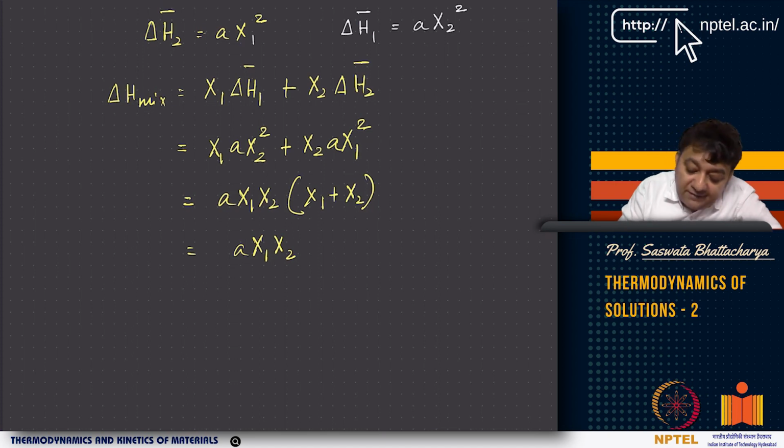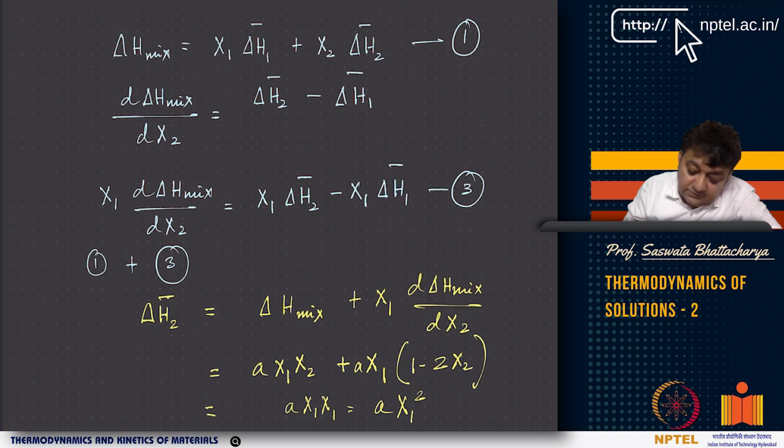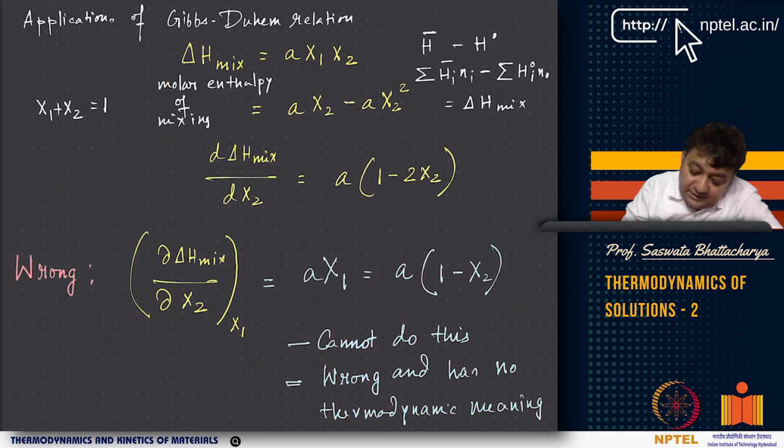Okay, so if you have that, then you have eliminated, right? So you got this. So basically, as you can see here, delta H2 bar minus delta H1 bar is d delta H mix dx2,